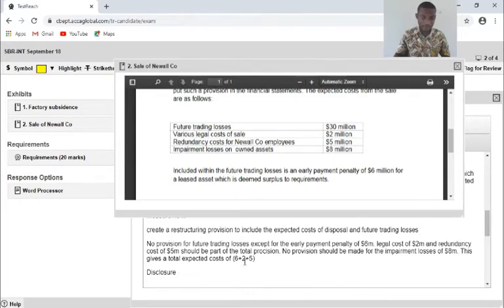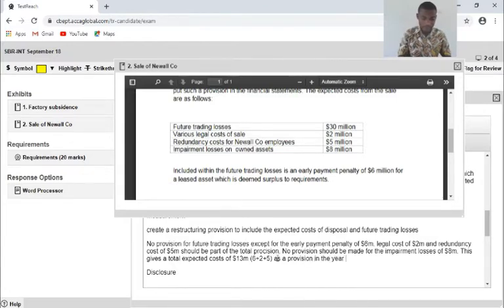So I'll put it in front of it in dollar million. So it means that this gives a total expected cost of what? 13 million as a provision in the year end.